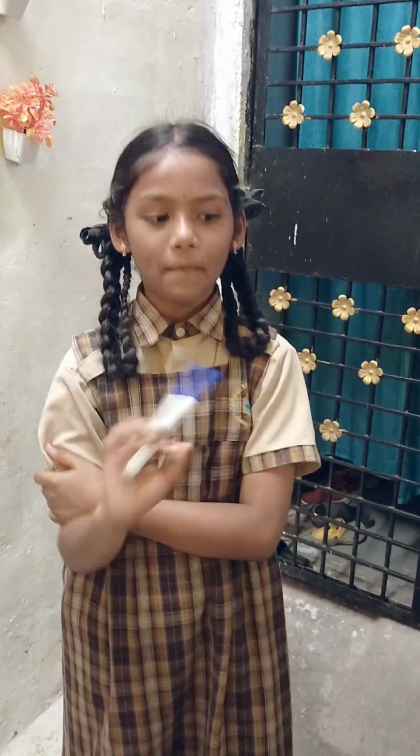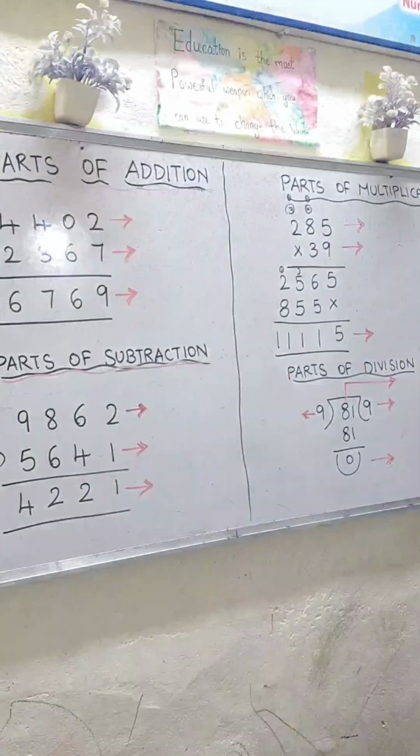Hello Pranavi. Okay Pranavi, now I am going to take one small board test for you in mathematics. Before I move ahead with the test, I want to ask you one simple question. Will you please tell me what are the 4 basic arithmetic operations that you have been learning? Addition, subtraction, multiplication and division. Okay, very good. So these are the 4 basic arithmetic operations.